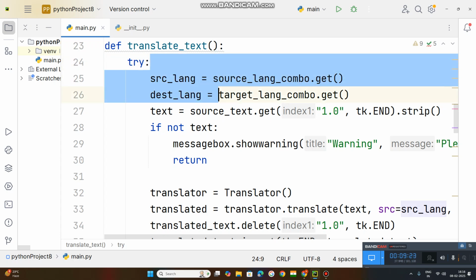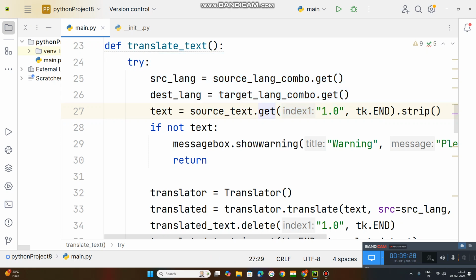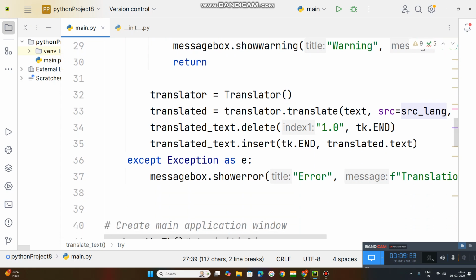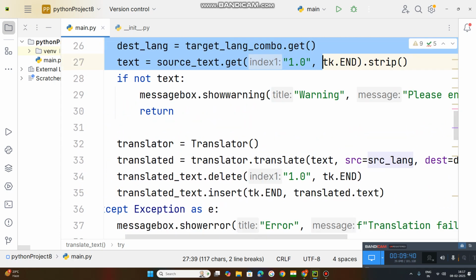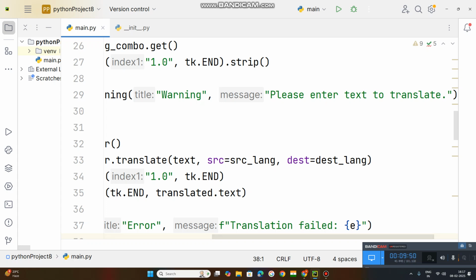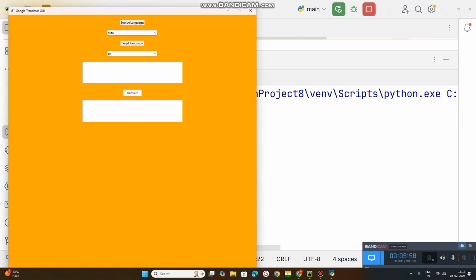The code kept inside of this try block ensures that if any error occurs, it will be handled by the except block. By this message box, the error will be displayed on the screen if any error is there. Understood, this is the message box. So if not text, I told you that if there is no text, this warning message will be please enter the text to translate. So if there is no text within the text box, this message box pops up. See what happened here. If there is no text,